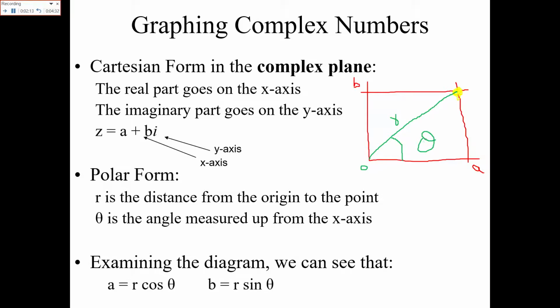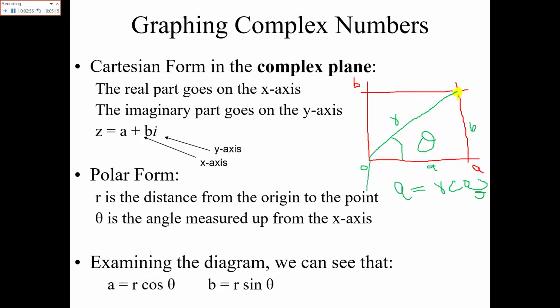So if this is the angle, and there you have the triangle, and this is r, then, as this is a right angle triangle, this is a, and this is b, so I can write here this is also b. So a is equal to r, touching the x-axis, so a is r cos theta. And similarly b would be r sine of theta. So that is how you convert a simple number into a polar form.